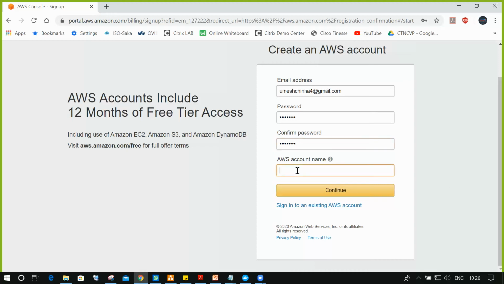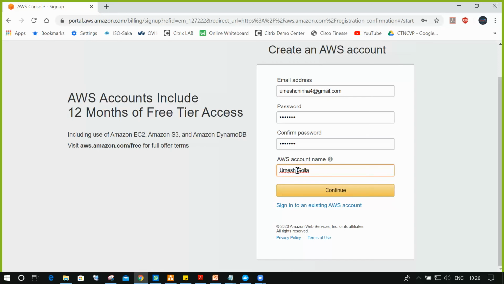Once your account is created, what is the name that will be reflected on your AWS Management Console? That is your AWS account name. For example, I'm giving Umesh. This is your full name. My name should be reflected on the Amazon Web Services dashboard.